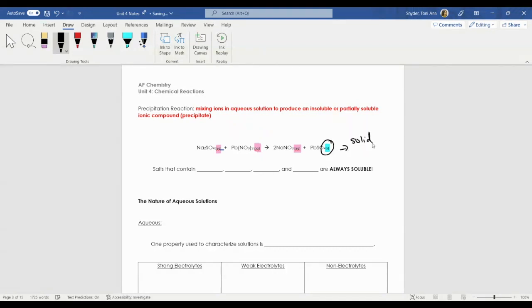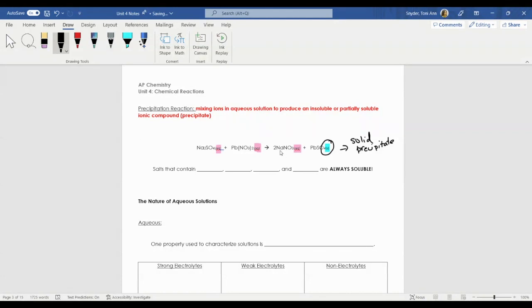So I form a solid precipitate, which I guess I don't have to say solid. It's kind of redundant because that's what a precipitate is. But yeah, that's how I know precipitation has occurred. And one way that you can tell what's soluble or not soluble, in Chem 2, we talked about all those solubility rules, right? You don't have to really memorize those solubility rules because there's certain